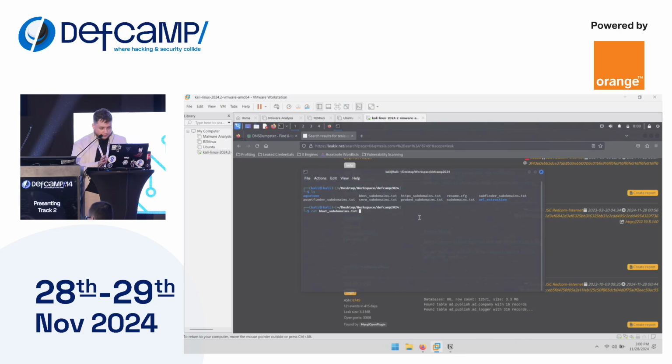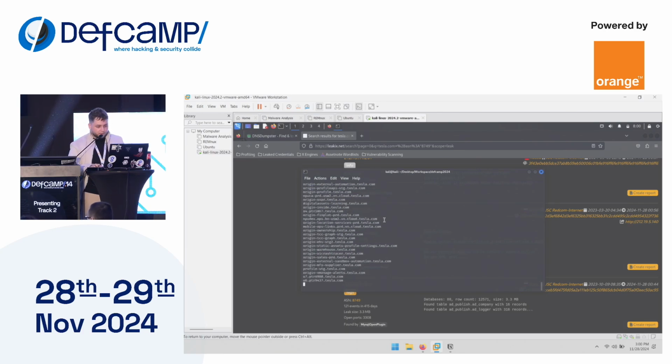And for this, it's a very simple syntax. We have the tools for subdomain enumeration and DNSX. We just give it DNSX and we'll test which subdomains are active right now. And for example, if we take warehouse.tesla.com, we'll see that it's available. And in order to see the difference,